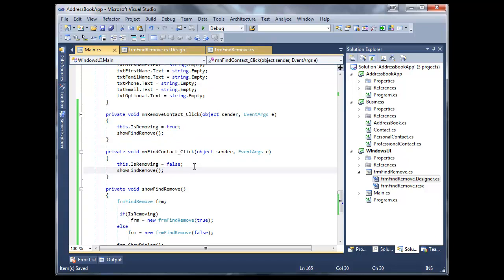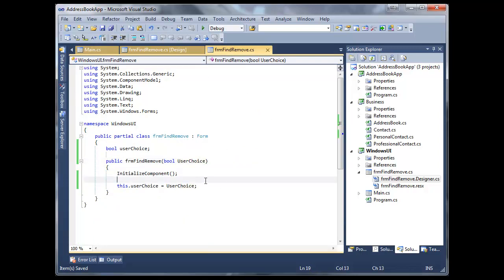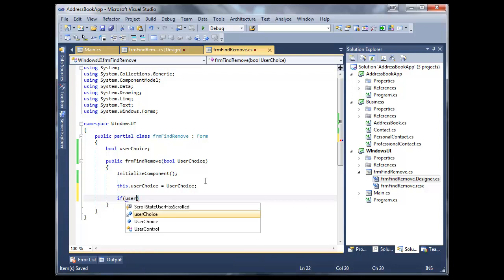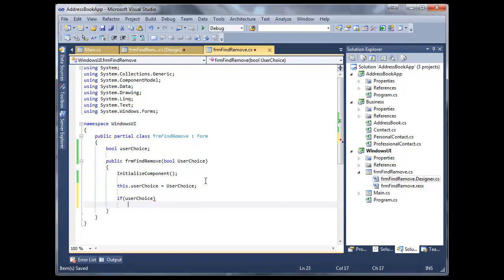Now if you would like to see the effect, we can come over here and I'll say after initializing components, if user choice is true, so if we are really removing a contact, then this.text equals to remove. Okay, else